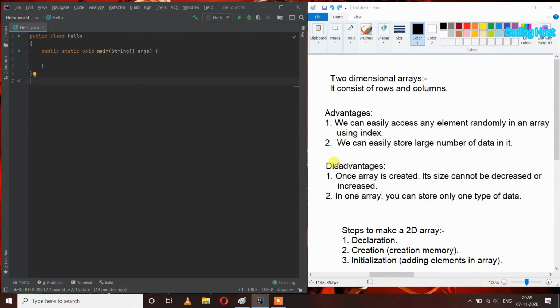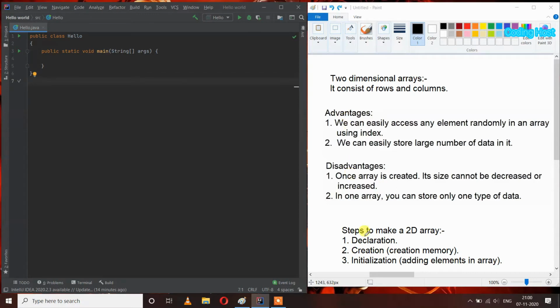The disadvantage is that once an array is created, its size cannot be decreased or increased, and in one array you can store only one type of data. This is true for all types of arrays, whether one-dimensional, two-dimensional, or multi-dimensional. Their advantages and disadvantages are the same.